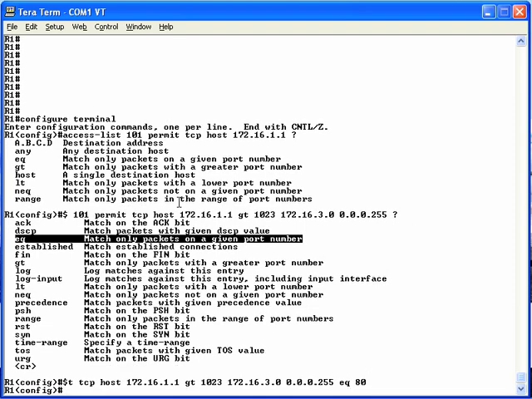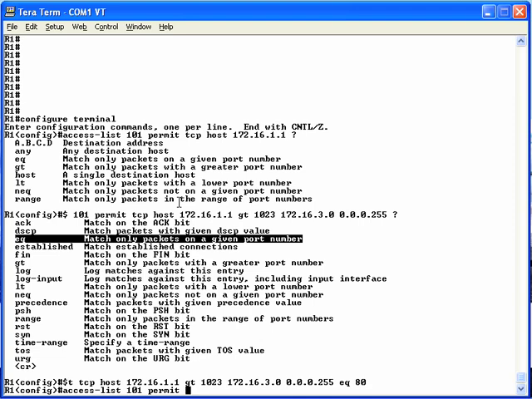The second access list statement is very much like the first, with only a few variations. First of all, we'll use the access-list 101 command again. By using the same number, we're placing this access list statement in that same access list. We'll use a permit keyword because we now want to permit all telnet traffic from the left-hand subnet to the